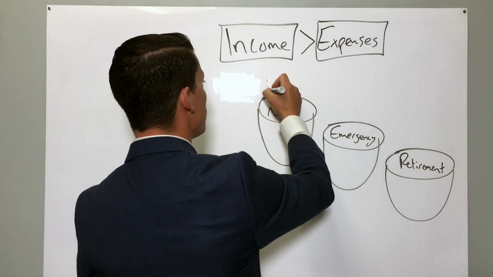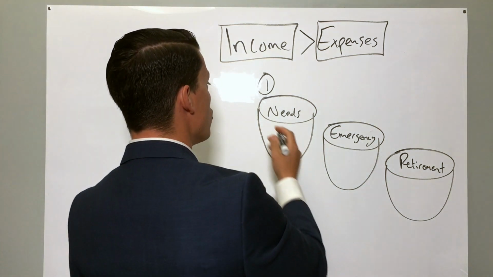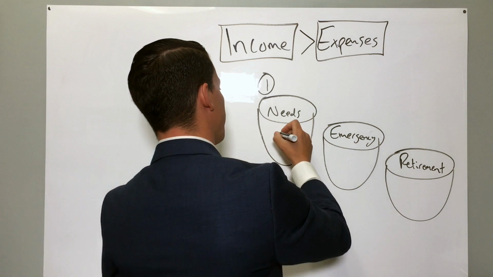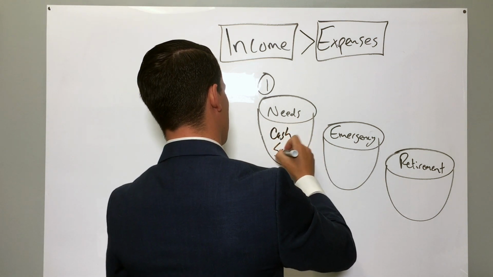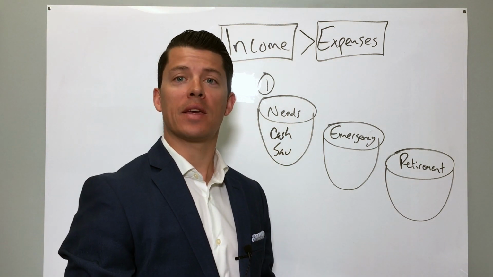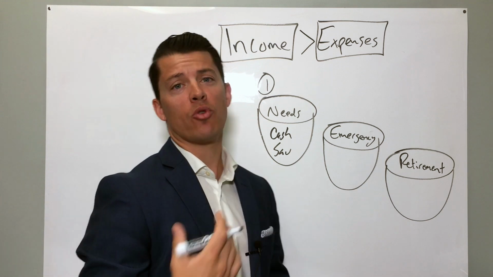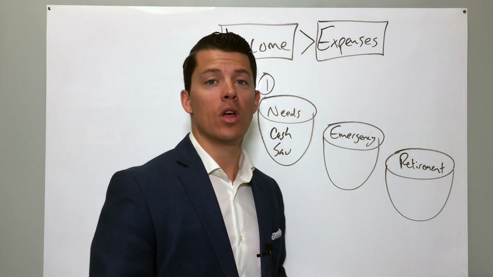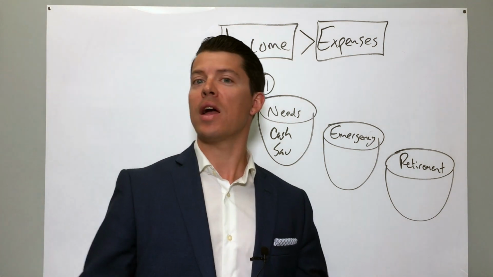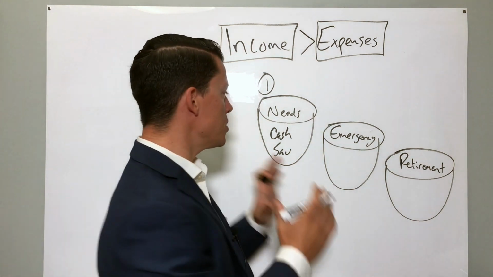So the first step you need to do when setting up a savings plan is to make sure that your immediate needs, your short-term needs, are taken care of. So these you have in cash savings. Open up 1, 2, or 3 different bank accounts, whether you need to separate them for different needs. These are things like your property taxes, your vacation account, things you need for your kids, and unexpected expenses like winter tires, etc. Because you need them in the short term, you just leave them as cash